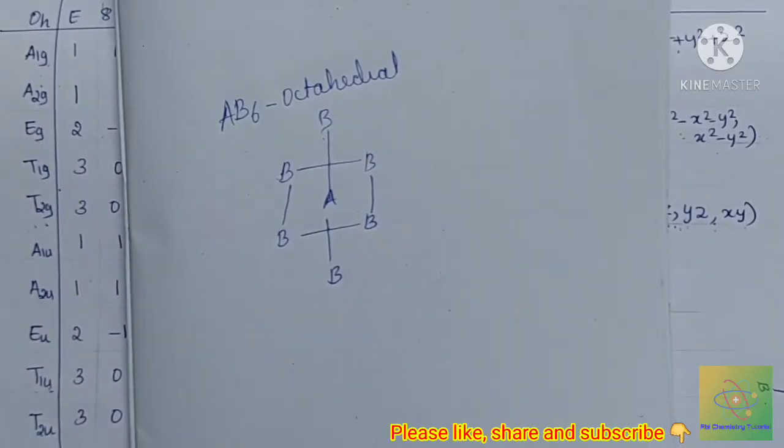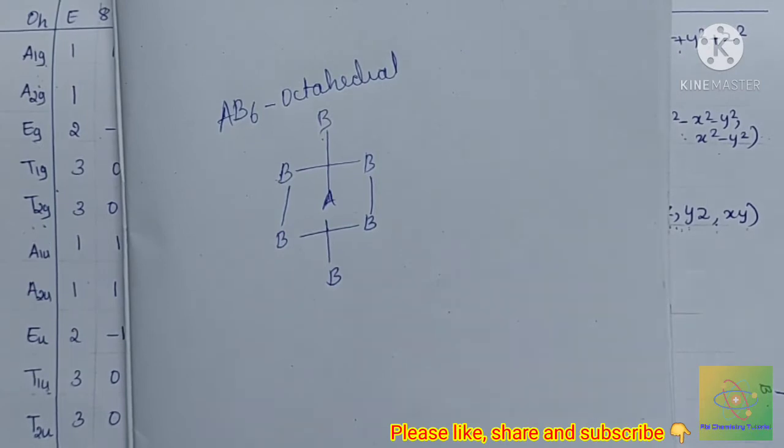So in this video we are going to discuss the IR and Raman activity of the octahedral type molecules, that is the AB6 type of molecules like shown in the figure, and also the irreducible representations, and also we are going to separate the translational, rotational and vibrational modes of these octahedral group molecules. In the previous videos, we have learnt a lot of examples to how to calculate the irreducible representation. So here I am not going to explain the way we got the irreducible representations. If you want to check, you can check it in the previous videos. You can check the group theory playlist in my channel.